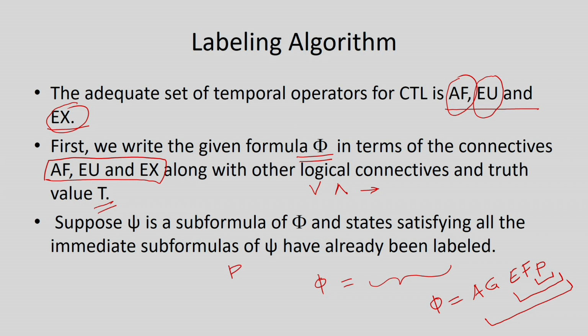P is a CTL formula, which is a sub formula of this given CTL formula. Then the second one is EF P, which is another sub formula, and this is the given entire formula. So to find out the truth values of phi, first of all we have to know the truth values of this sub formula EF P. Also, to know the truth values of this particular sub formula EF P, we must know the truth values of P, the atomic proposition. So this is the atomic proposition, and an atomic proposition is going to take truth values either true or false.